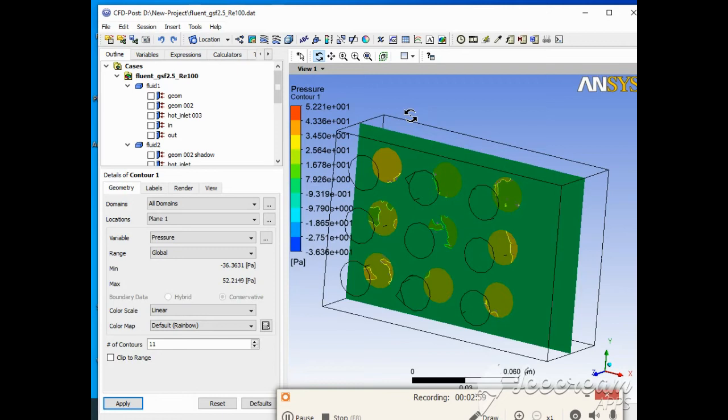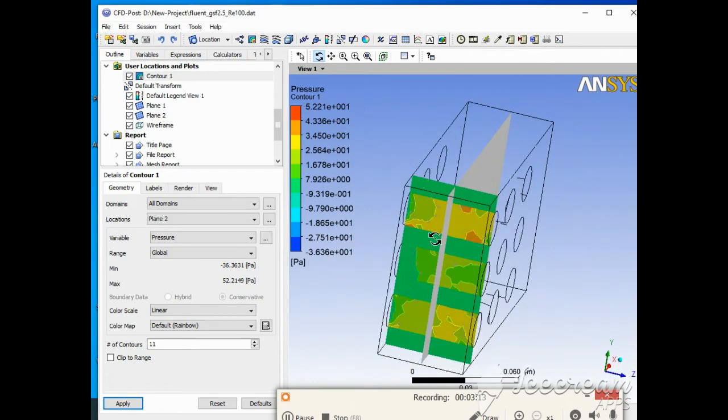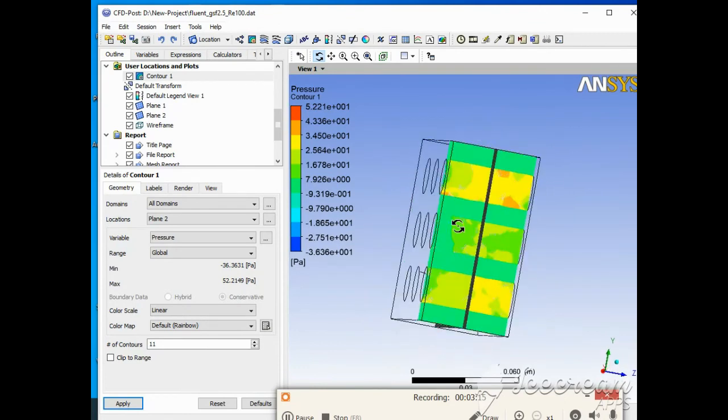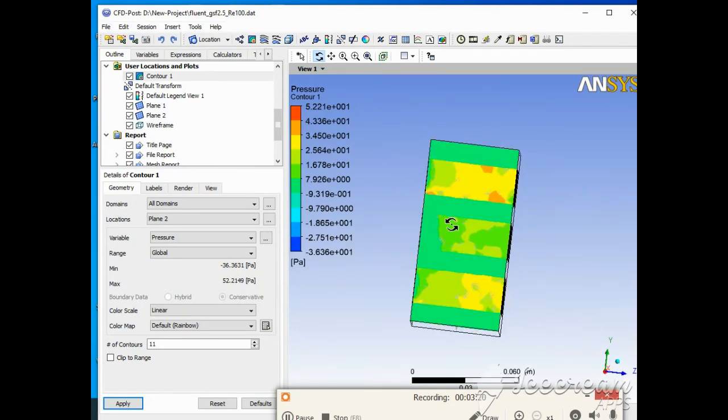So it is between minus 3.63 to 5.2, or you can say 52. Now you can see I have plotted another plane from the tube. So again there is no as such variation, so maximum pressure in a tube.